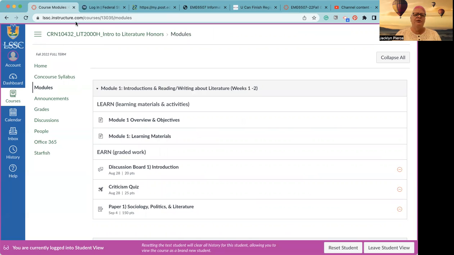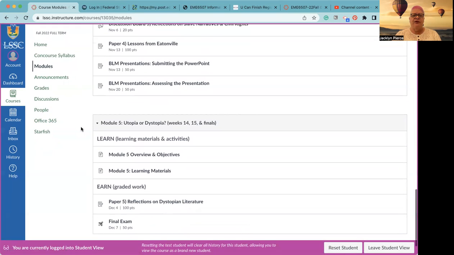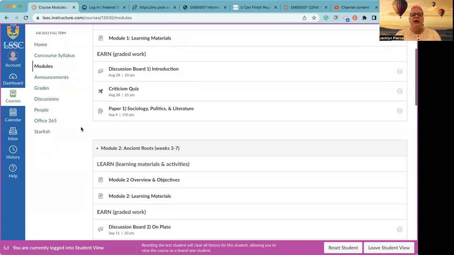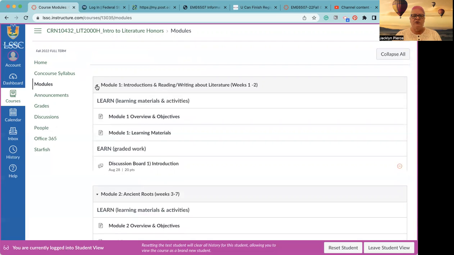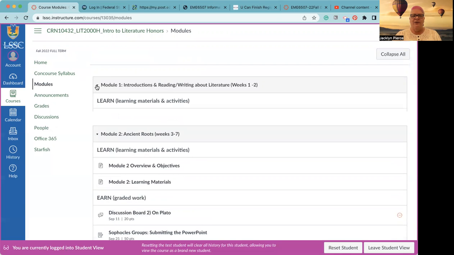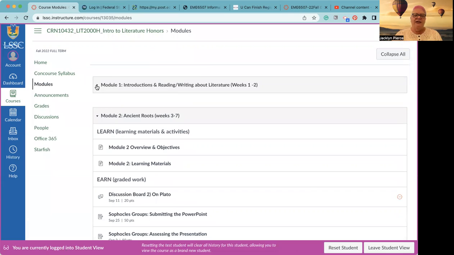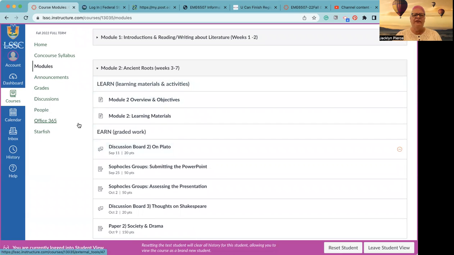If I have never shown you this, or if you are unaware of it, our class is broken down into fairly just 5 modules. But if you ever have seen some of the classes with the online materials where the modules page gets super long, one thing I like to do, and I am a current student using Canvas myself as a student, when I finish a module, I like to make it small so that it goes away. It doesn't really go away. All you have to do is click the arrow again. But I like to have that so I don't have so much stuff up on my screen. It's just a little trick that I like to do.